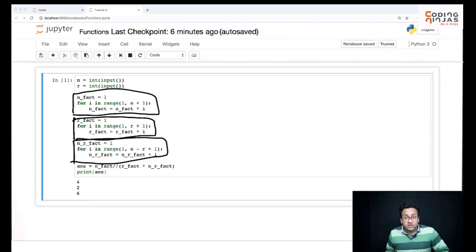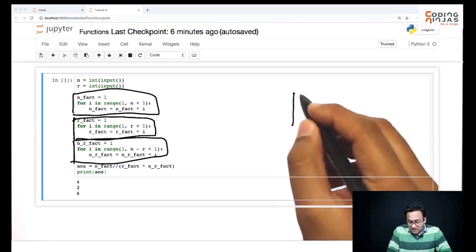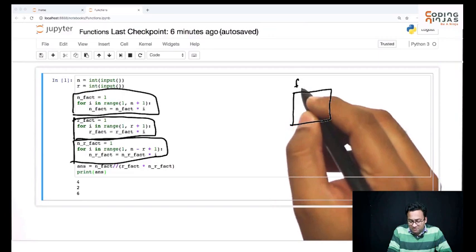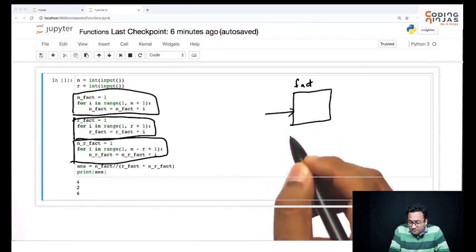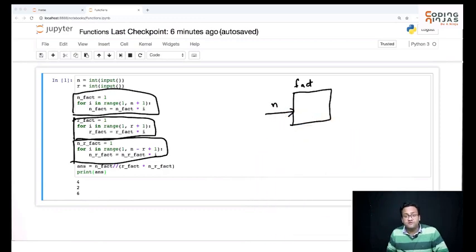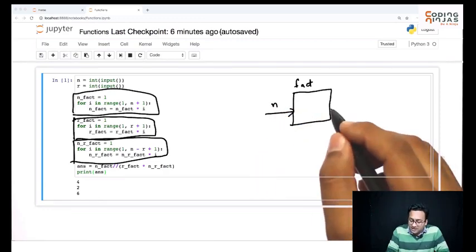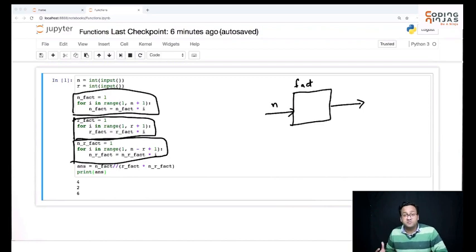Ideally, I would like to have written some factorial method somewhere. The way we are able to call print from anywhere, I would want a factorial function or method defined somewhere which asks me, hey, for which value do you want the factorial? And it gives me the output, which is the factorial of the input I have provided to this method.